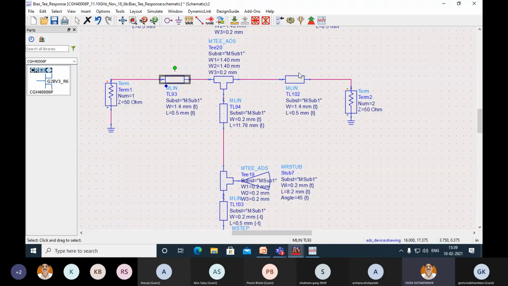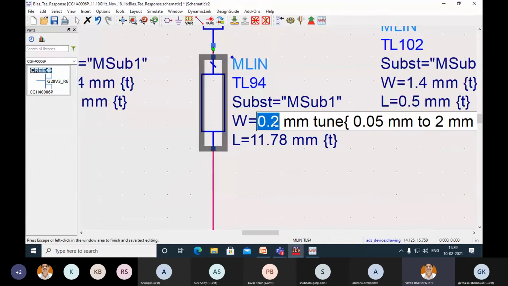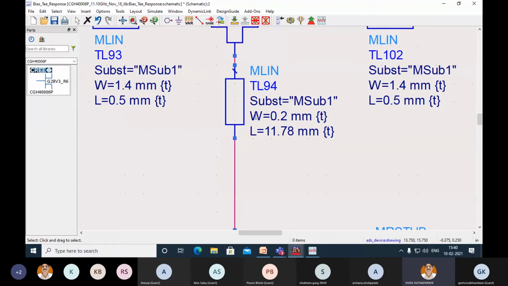So I have to create some transmission line, or we used to say pads, over which the component can sit on the PCB. Depending on that, I have selected this width. Now this is the lambda by 4 line, you can see, and the width can be minimum. You can keep it 0.2, 0.3, and if the current is very high, you can increase the width of that particular lambda by 4 section. In our earlier cases, we have used an RF choke, or you can say an inductor. That is a very basic design.